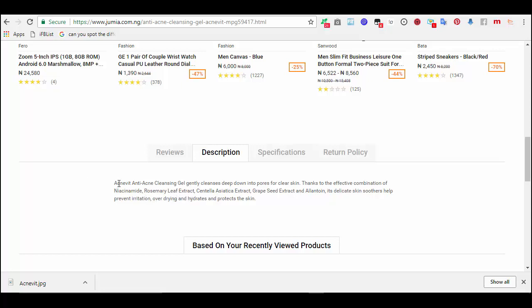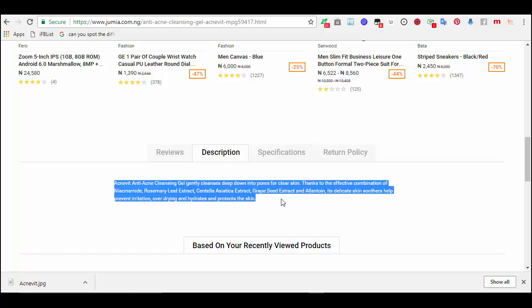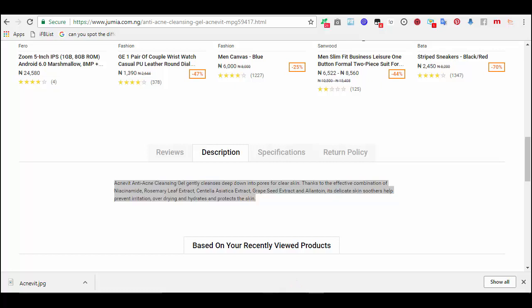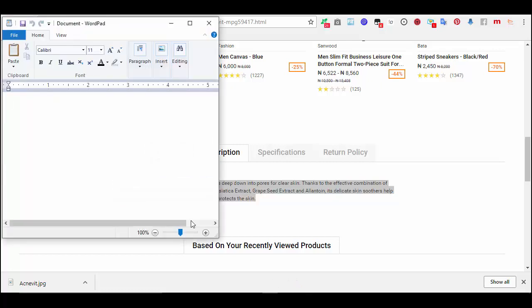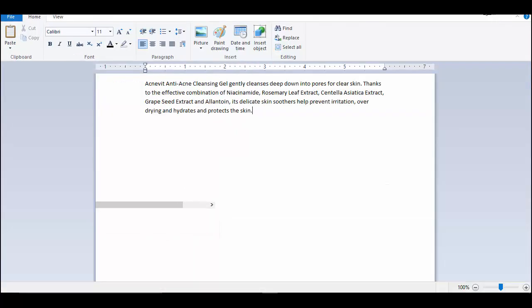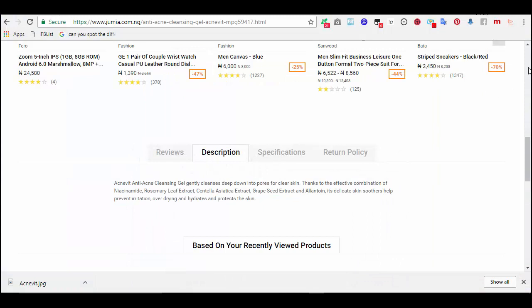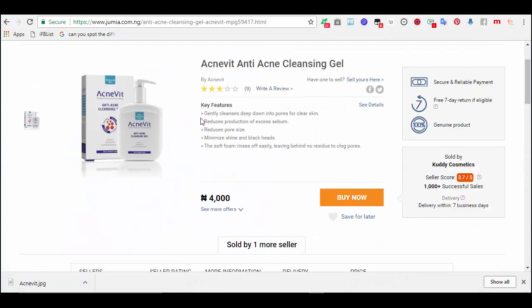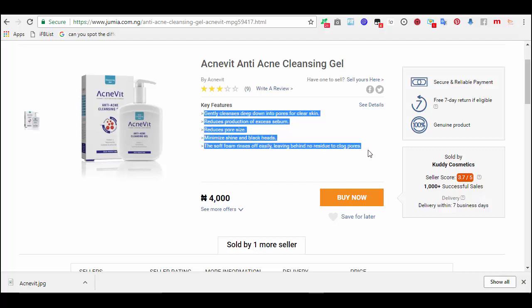We are going to edit this on our own, so we are going to edit this and add it. Ctrl C, Ctrl V. Let's add this one. Gently cleanses deep down into pores, reduces pore size, minimizes shine and blackheads. It's all from this. So okay, let's promote this. Let's copy this.